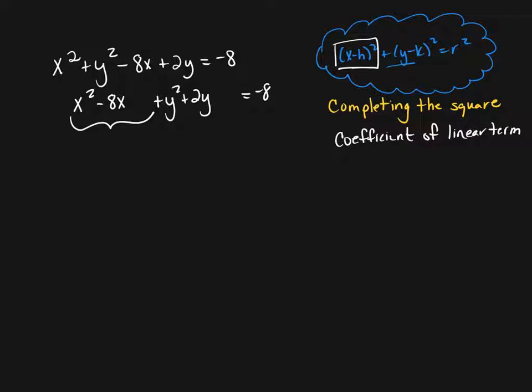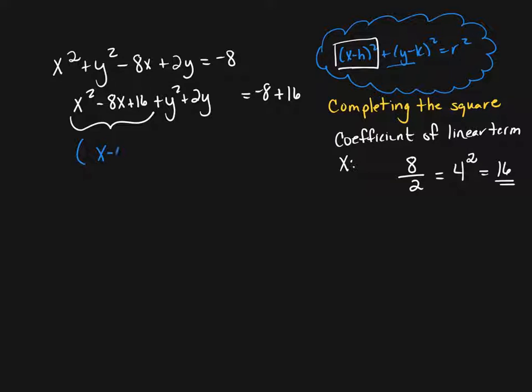Okay? So in this case, for my x, that's the 8. So I'm going to take the 8, and I take half of it. Then after I take half of it, I square what I get. So the 16 is the number I'm looking for. So I'm going to add 16 to the left of the equation, which means I must add it to the right of the equation. Now I can factor x squared minus 8x plus 16 into